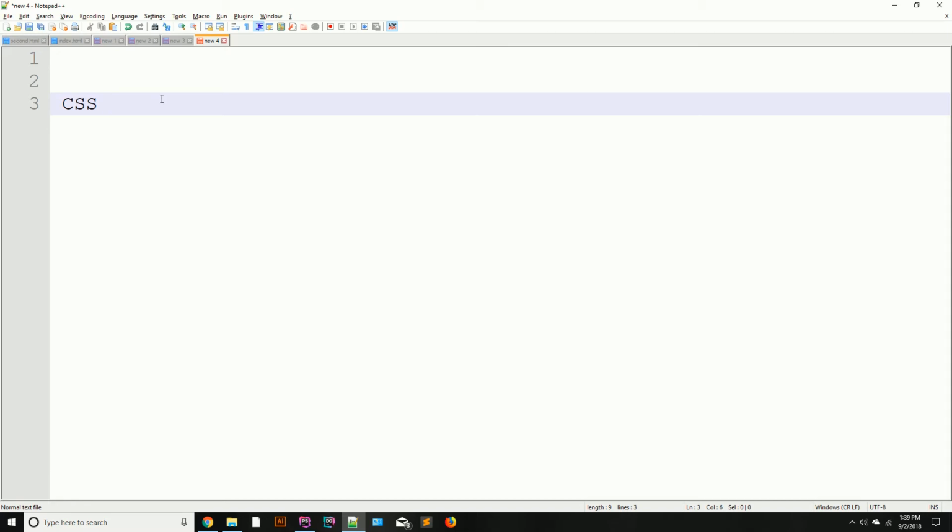So we are going to discuss the syntax: how can you use or how can you manage your styling in a particular page